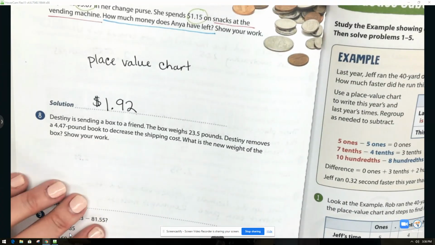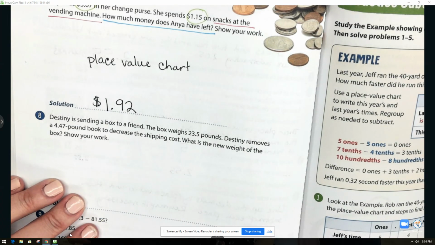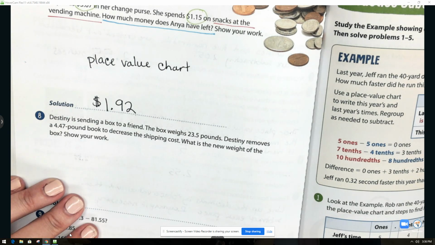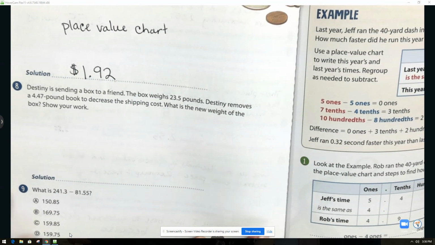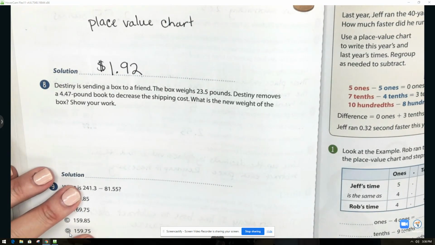Now we're going to go ahead and go to number 2. This time, instead of using the place value chart, we are going to use the stacking method. So to use the stacking method, we are going to first figure out what the question is asking. It says this: